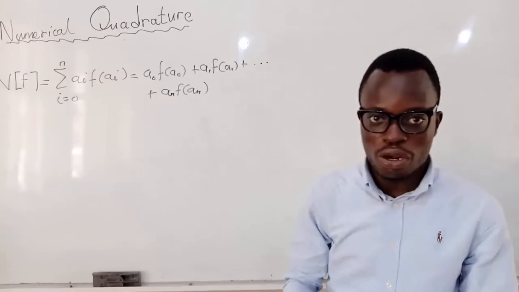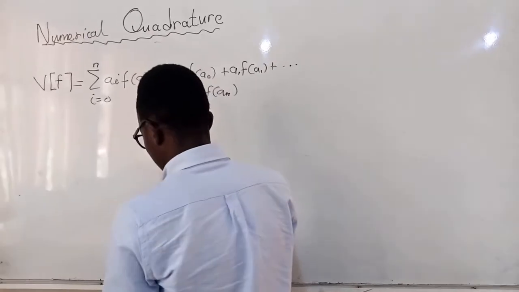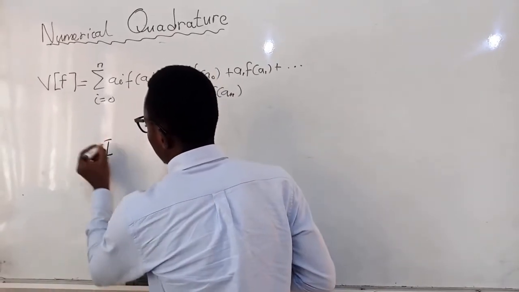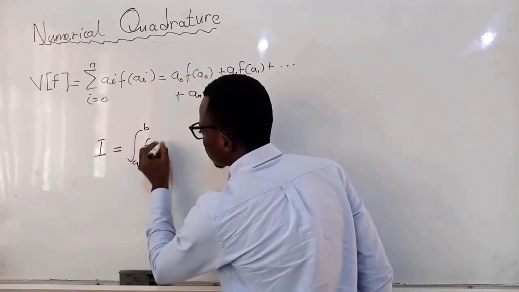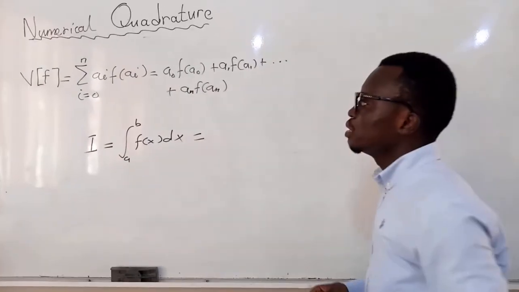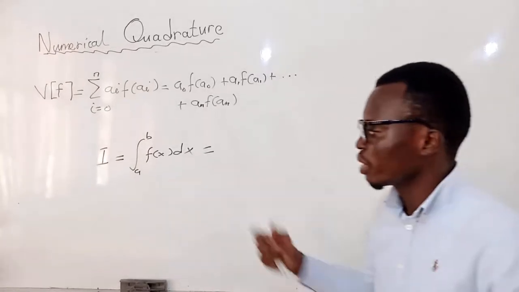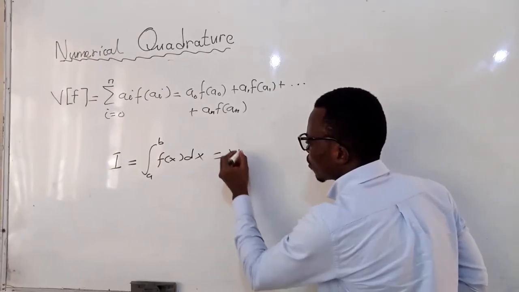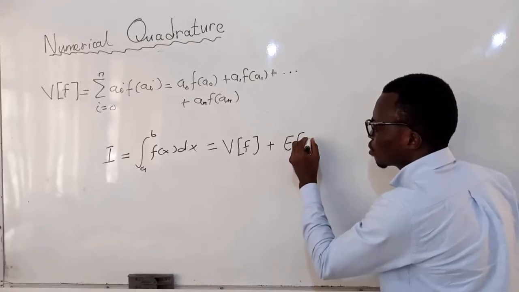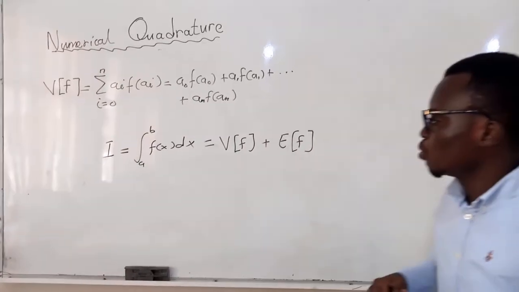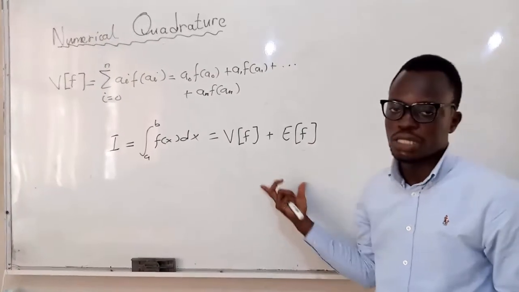Then, if you are given an integral, let's say I, which is equal to the integral from a to b of f of x dx, in numerical quadrature we are saying that you can easily integrate this by using numerical integration. That is, it will be of the form V(f) plus E(f). So this is the formula for numerical quadrature, or the formula for numerical integration,